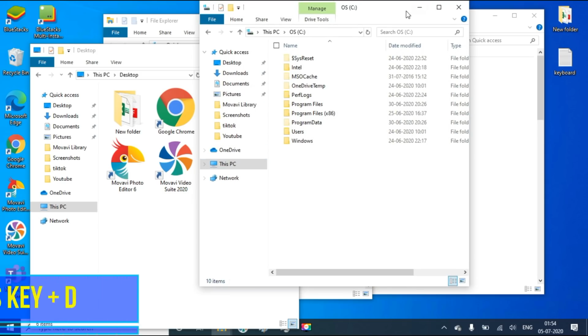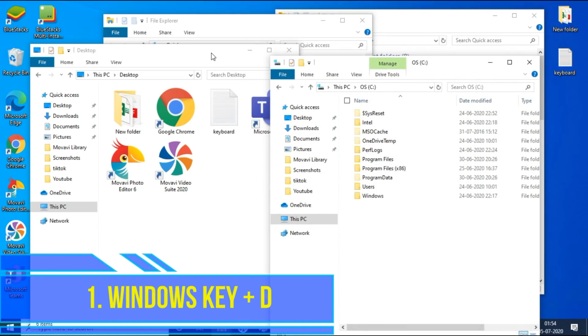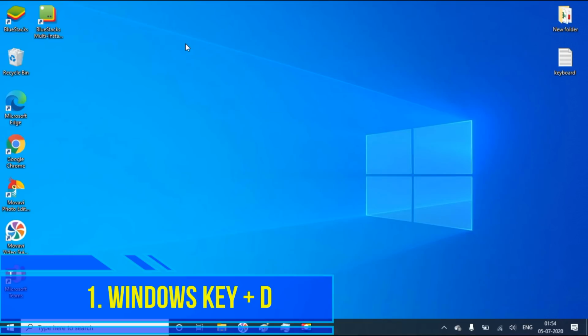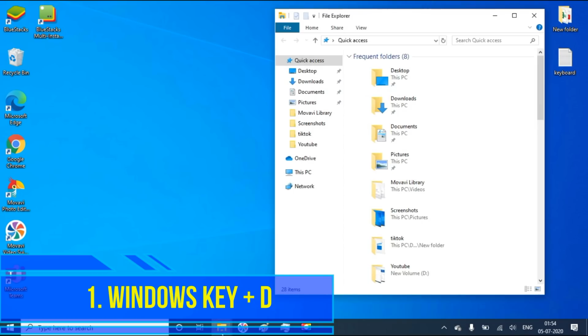So first one is, suppose I'm opening a lot of windows. Suppose I want to go to desktop, then I have to press Windows key plus D, then it will go to the desktop. So this is the first one.